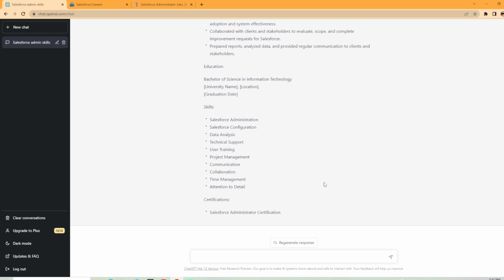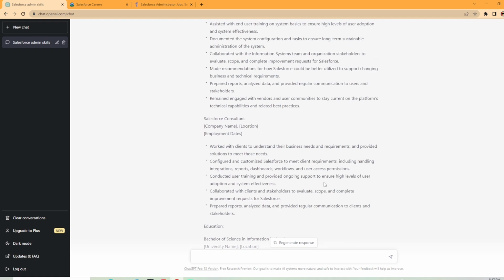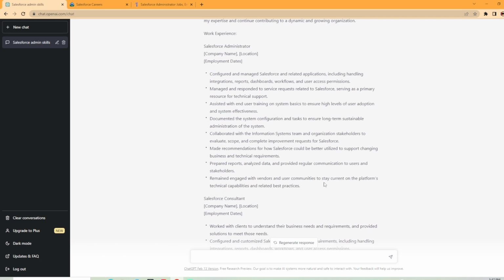Now, I know a lot of people have been talking about ChatGPT. The thing is that it's a tool like anything else. It can be used to help improve our lives. But what I would say is it's great to learn these tools to help save you time. I'm not saying copy and paste these straight onto your resume without reading them. I know people are going to do that because that's what people do. But what I will say is use the tools to your advantage. Get it to write your sentences in a more professional way. Ask for synonyms. There's so much power in the AI that we can use now to help build your resume up